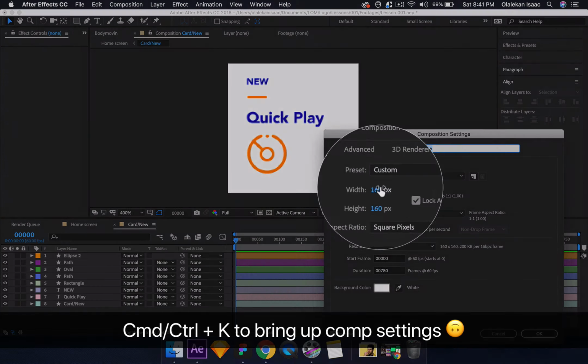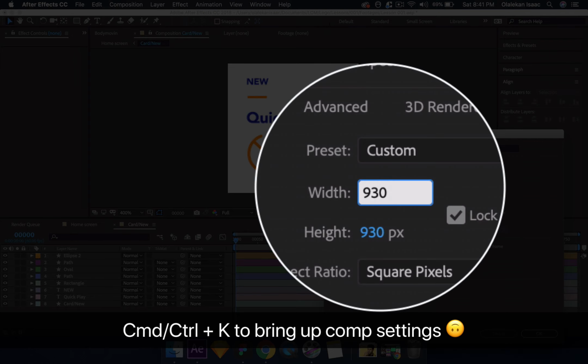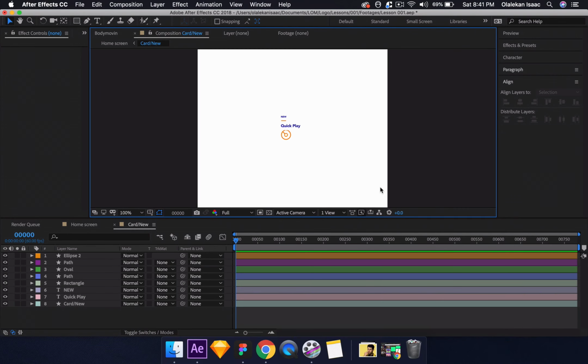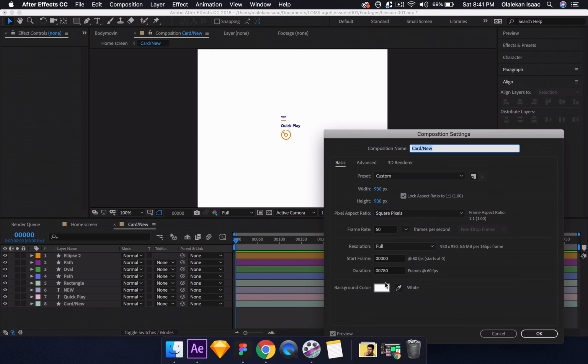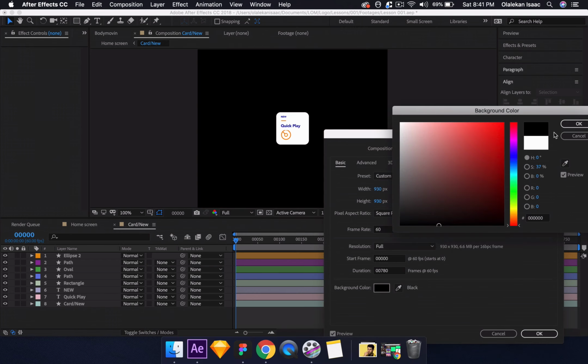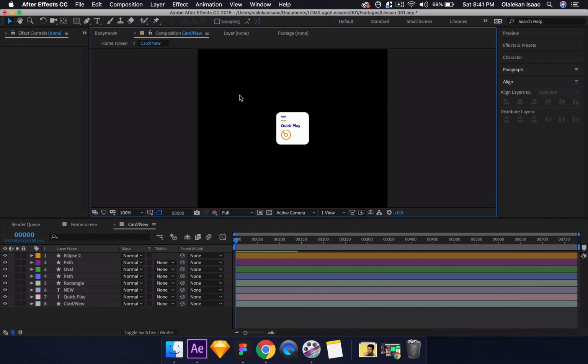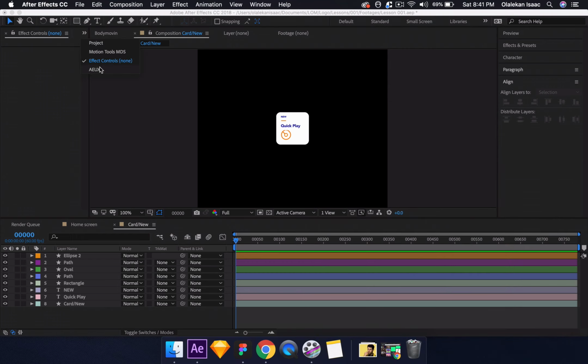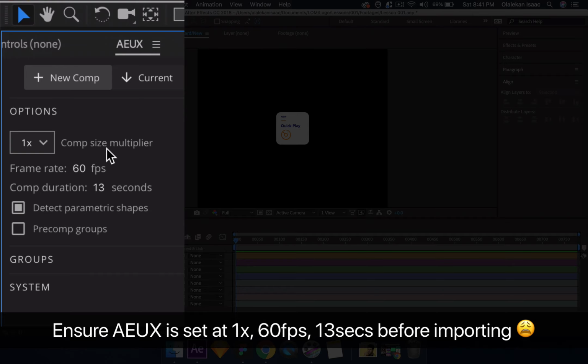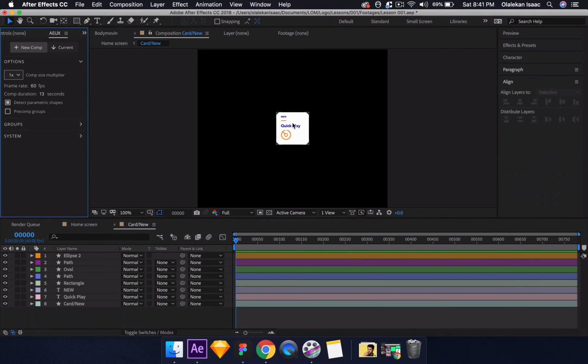We need to resize the comp, and just change the color to black. Mind you, on the AEUX plugin, make sure your comp size is set at 1 times so that it does not triple the size of your comp. If it tripled it, we would have used 930 times 3, in case you would love to triple your comp size. You get the concept. So we could just go to 20 frames,